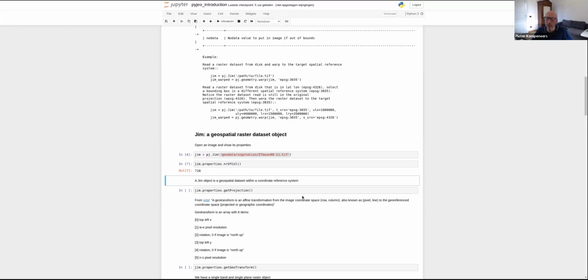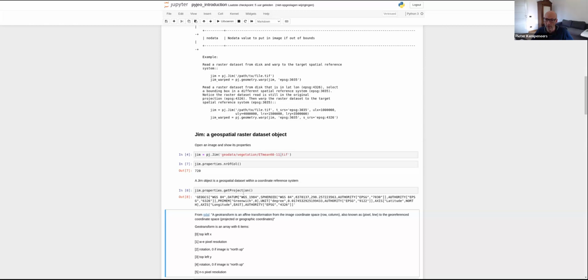What is also important is that by reading this GeoTIFF, there is also the georeference, because it is a GeoTIFF. It has been georeferenced, and there is also a projection linked to that TIFF file, and that projection you can see here. So it's a Latlon in EPSG 4326. So it's an important design also of PyGeo, that all the information you need for the georegistration is already